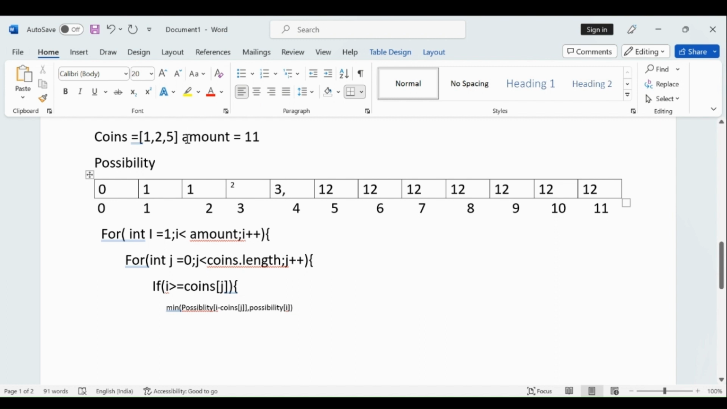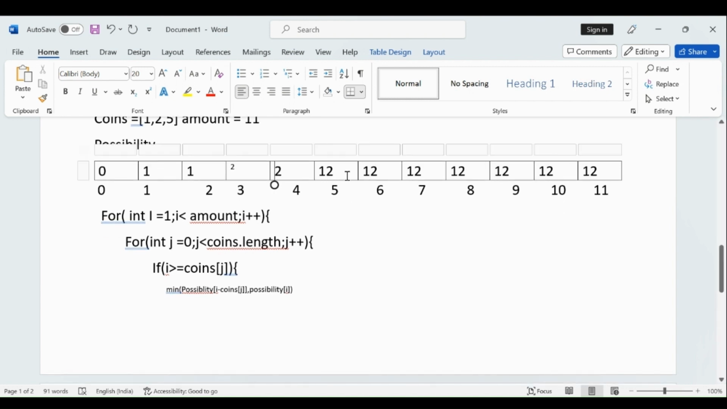Now for 2, if you are trying to utilize the amount 2, what was the minimum? 4 minus 2 you will do, so you will get the amount 2. Now what was the minimum number of coins required to reach up to the amount 2? It was 1. And again you are using one more coin. So your answer will be 1 plus 1, which is 2. And what is the minimum between 3 and 2? So your answer should be